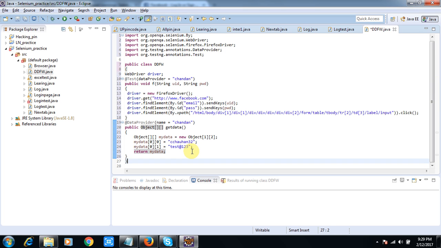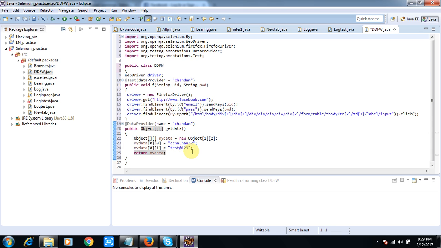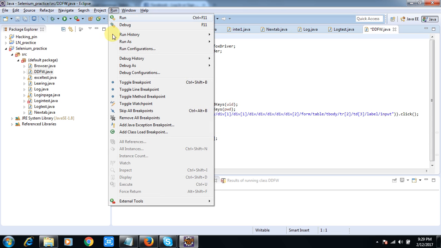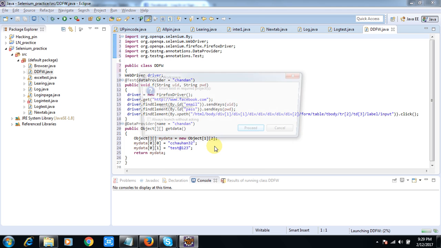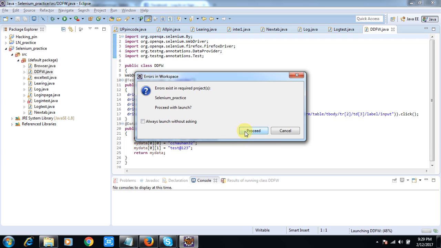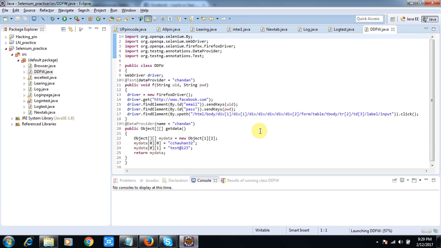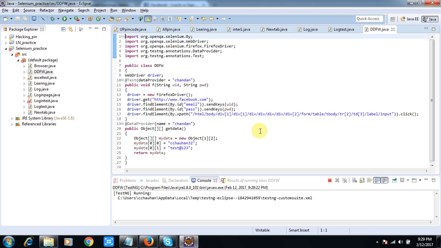I'm again saying that this login will fail due to the incorrect password. It is an error because I have some issue in my previous code, so don't just ignore it. Yeah, it is running. I should maximize the browser, but don't worry, it will run also in the small browser.